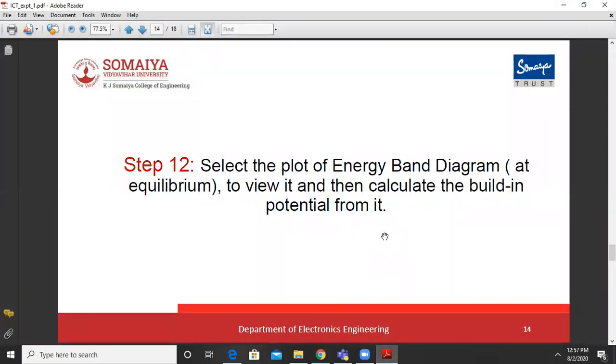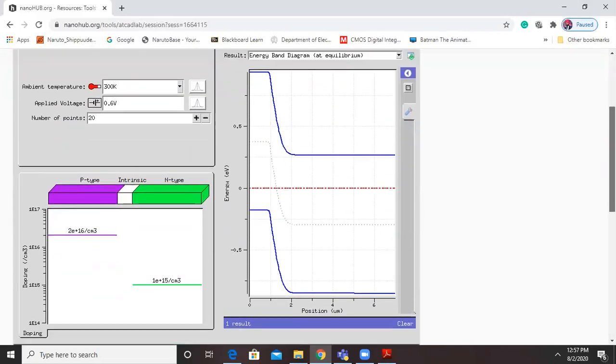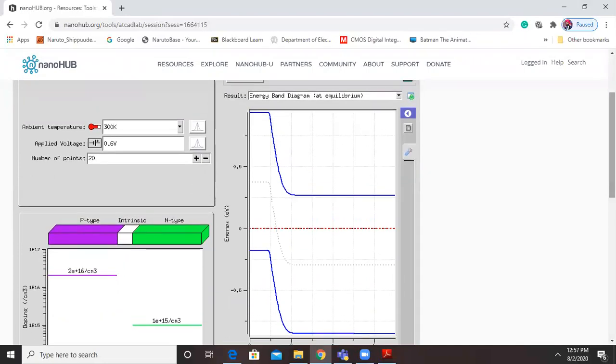Step number 12 is select the plot of energy band diagram at equilibrium to view it, and then calculate the built-in potential from it. From this energy band, it's already selected as energy band diagram at equilibrium. From this energy band diagram, we can calculate the built-in potential just by subtracting this EC value with the EC value over here, at the P side and at the N side.